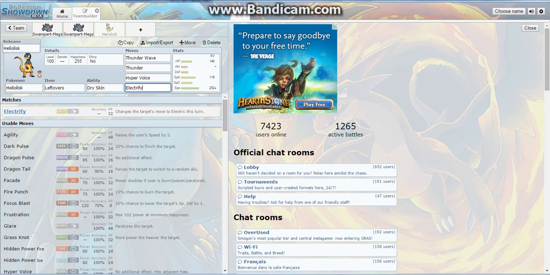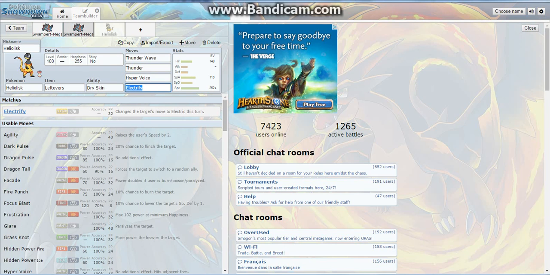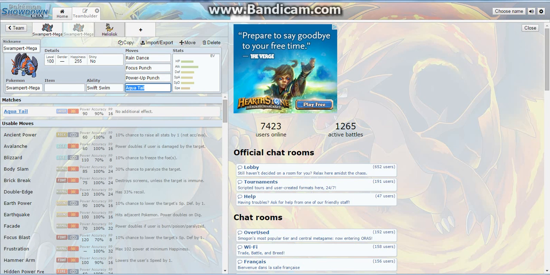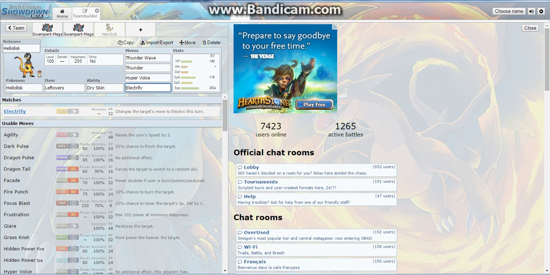And then another thing you can try and do is Electrify. Changes the target's move to Electric this turn, which basically means that any move that might threaten Swampert, say like a Grass Pokemon that comes in, you can use Electrify on it. It'll try and use a Grass move, but instead it changes that Grass move to an Electric type attack, and then it won't even hurt him because it's an Electric move and, well, Swampert's Ground, so you're not going to do anything. So Electrify, as long as you have those outspeeds, you can pretty much Electrify, and then